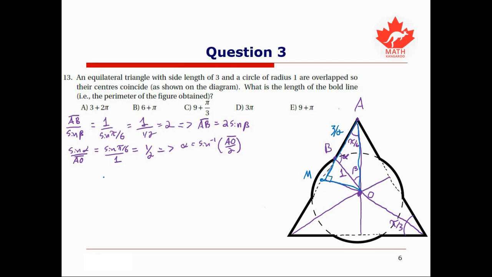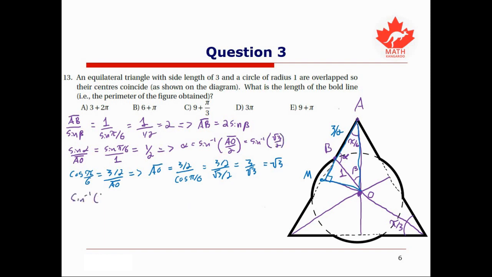And this is a right triangle, so now we can apply our rules of SOHCAHTOA, in particular the CA. So cos of pi over 6 is equal to adjacent divided by the hypotenuse, which is the length from A to O. So multiplying both sides by the length from A to O and dividing by cos of pi over 6, we get that the length from A to O is 3 over 2 divided by cos of pi over 6, which is 3 over 2 divided by root 3 over 2, which simplifies to 3 over root 3, which is just root 3. Therefore, alpha is just the inverse sine of root 3 over 2,